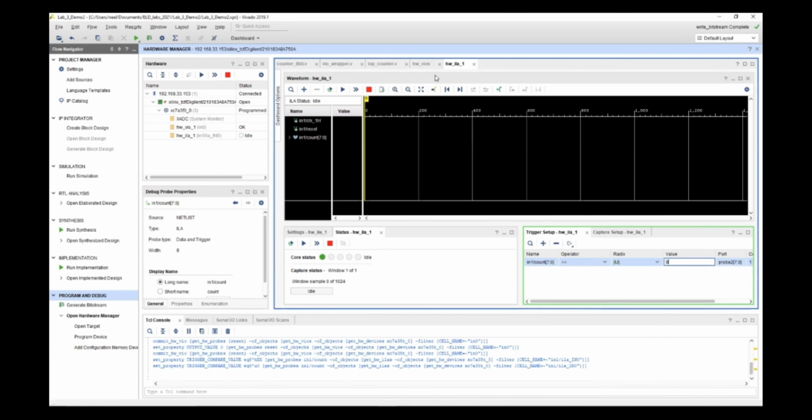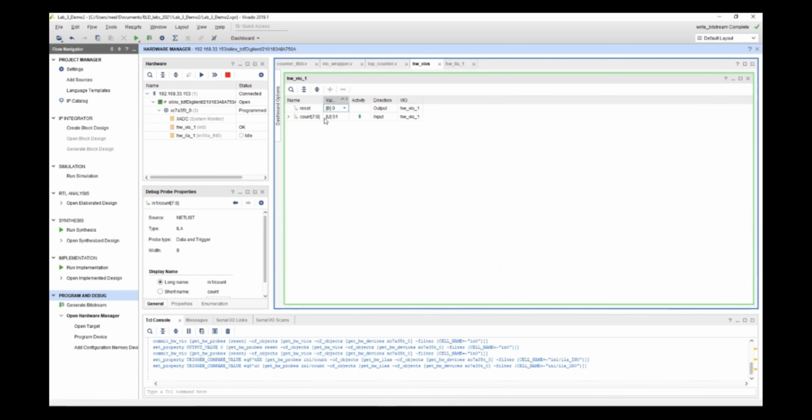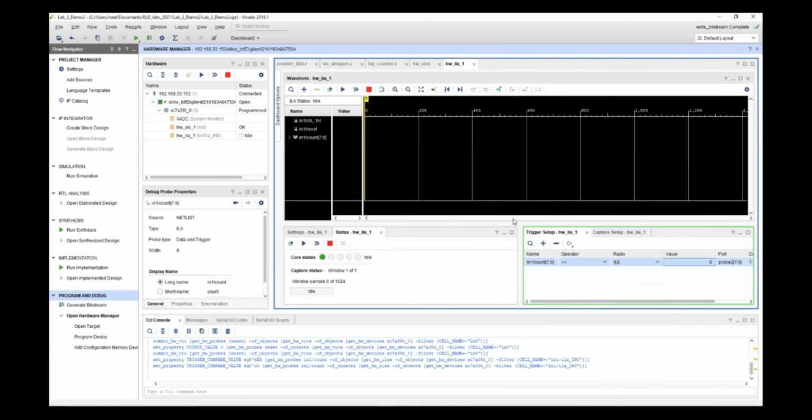In the value, first we need to observe what value our count is at. Our count is at 55. We need to give a value such that whenever the count is equal to that value, this event is triggered, and that causes the ILA to capture and monitor that whole event.